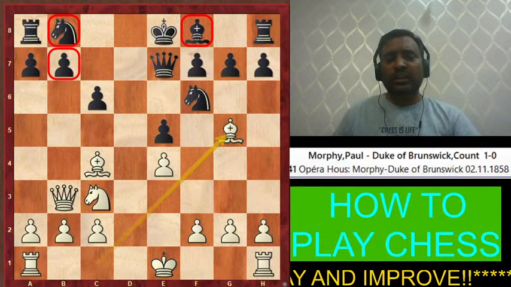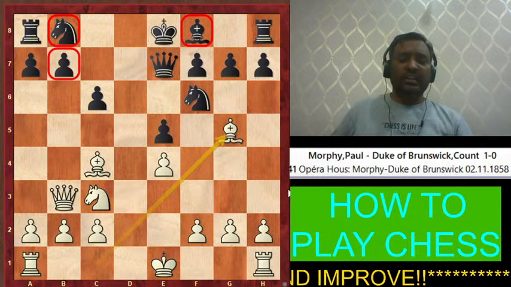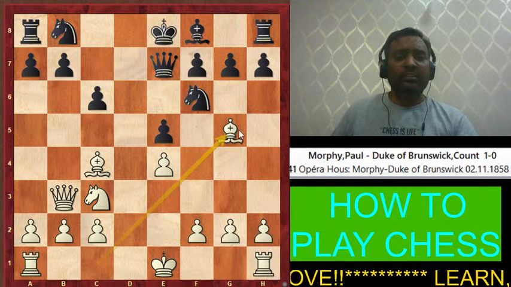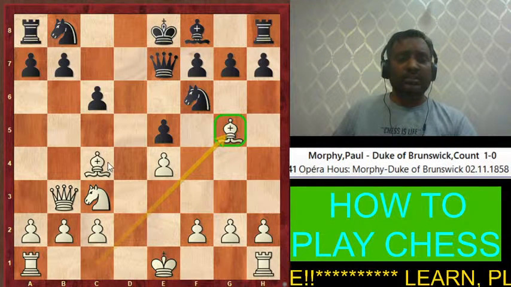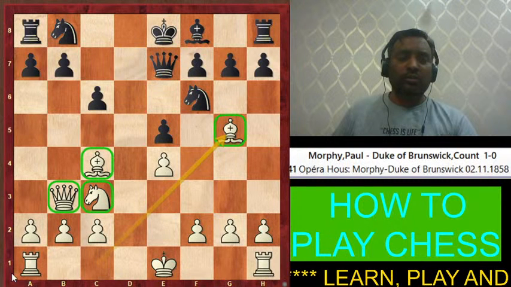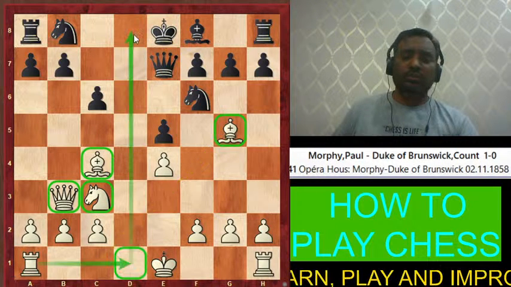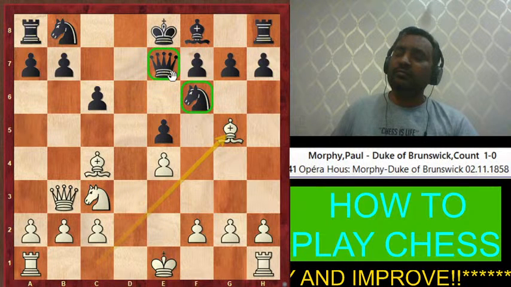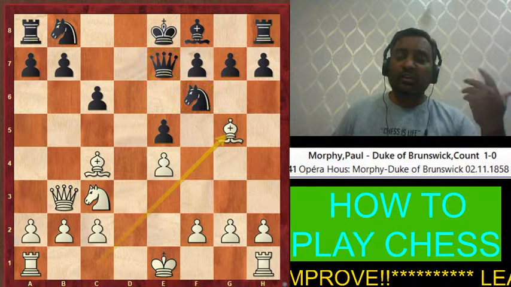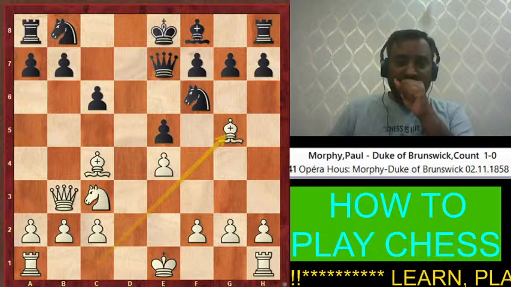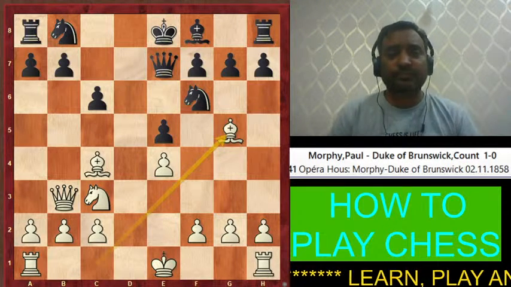Now if you see why these legends are easily winning against amateur players, because look at white's one piece, second piece, third piece, fourth piece, four pieces got out, and the fifth piece is also ready to come out. But remember, in black's position there are only two pieces which are out, and for white so many pieces are out. So therefore it will become very easy to win.